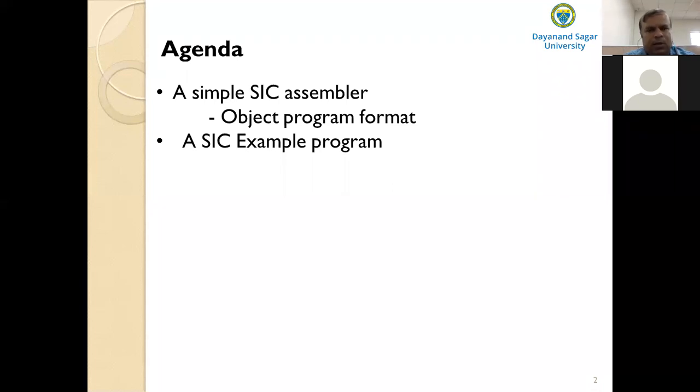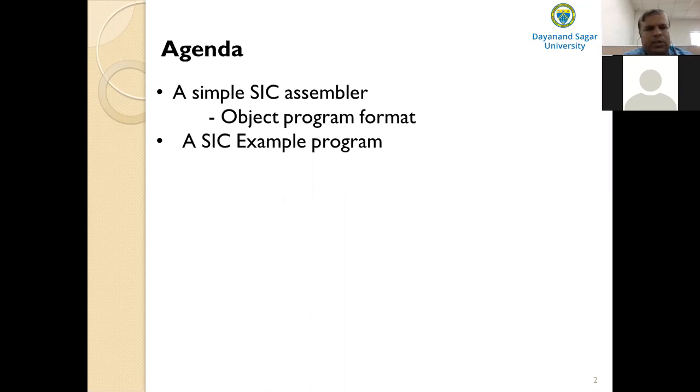So what do you mean by forward reference? A reference to a label, that means a symbolic operand, later in the program is called a forward reference. If you try to translate an instruction which has a forward reference, you will not be able to process it, because we do not know the address assigned to this symbolic operand or label, since the value of this symbol is defined later in the program. So at that moment, the assembler cannot translate the instructions that have forward references.